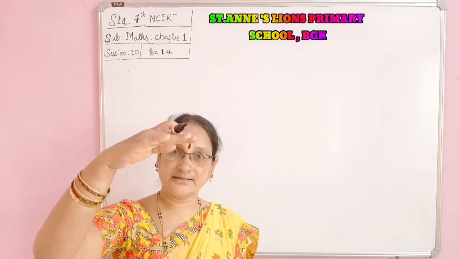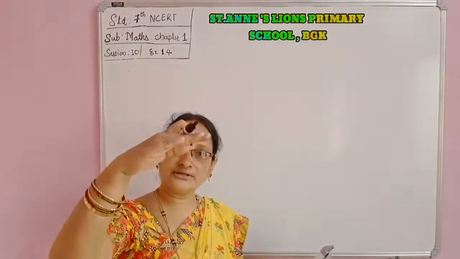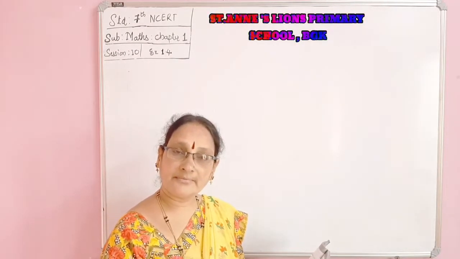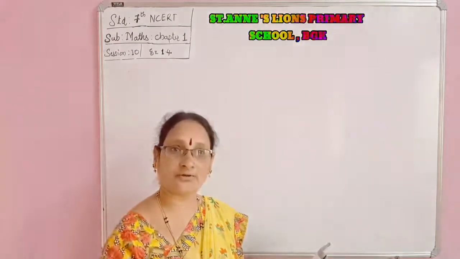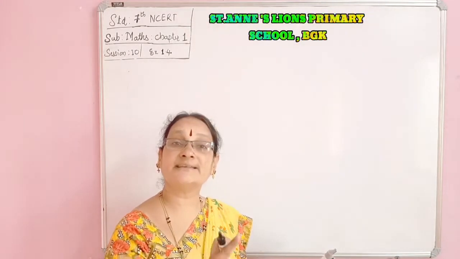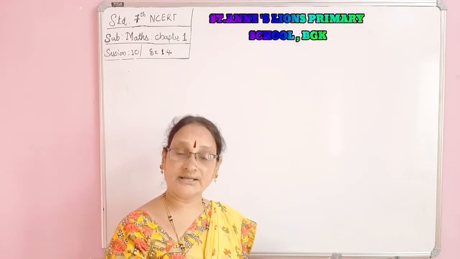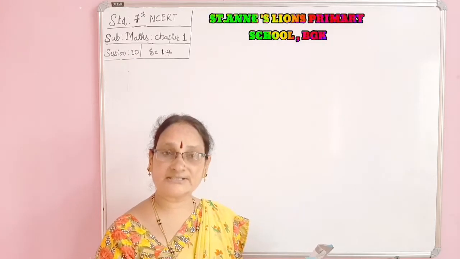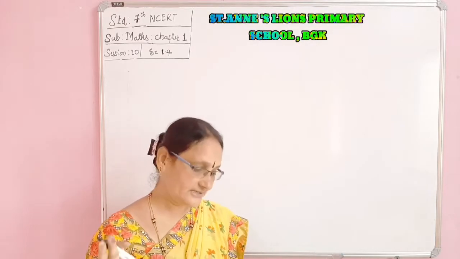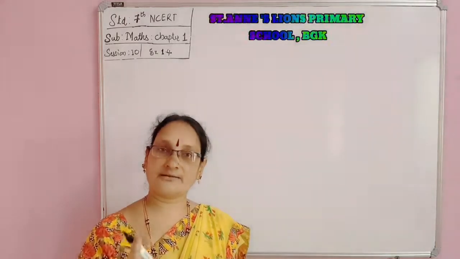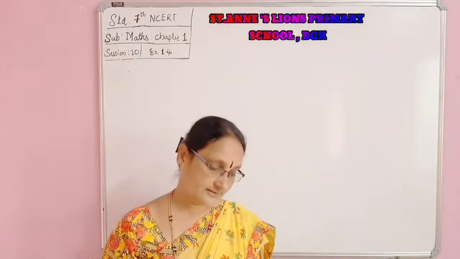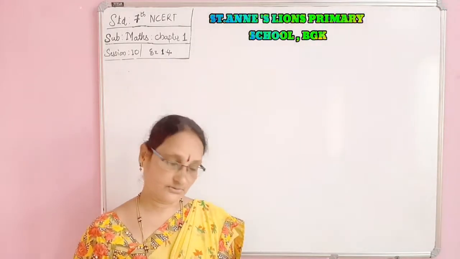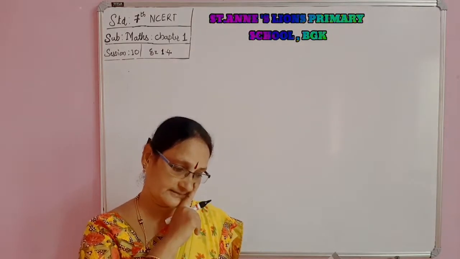Here 10 meters is there. To go down 10 meters, it is minus 10. Why minus 10? Because it is going down. And minus 350. Total is minus 360. Per minute, how many meters is it moving? 6 meters. Minus 360 divided by 6. That is 60 minutes it is taking, 1 hour. That means minus 360 divided by minus 6 we have to take. So that is 60 minutes.